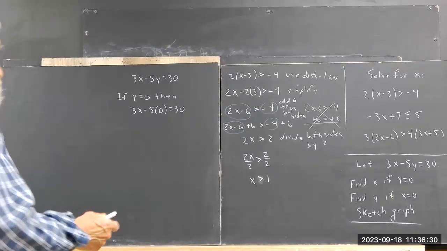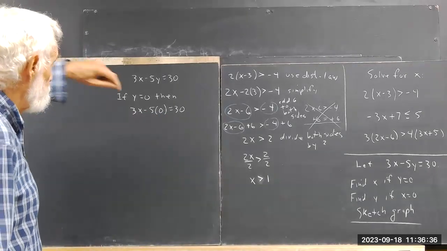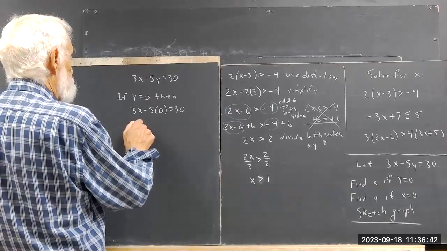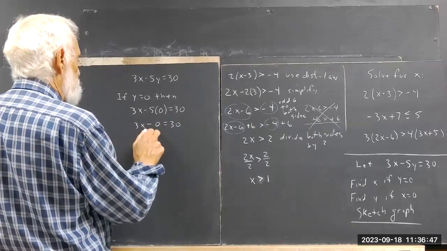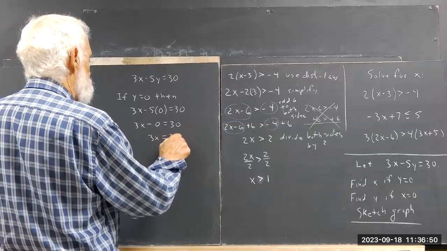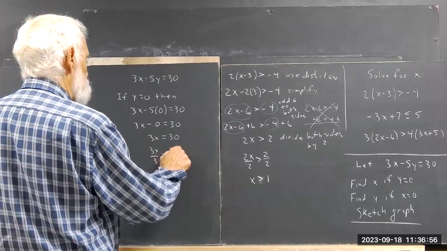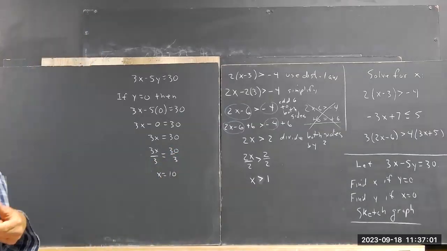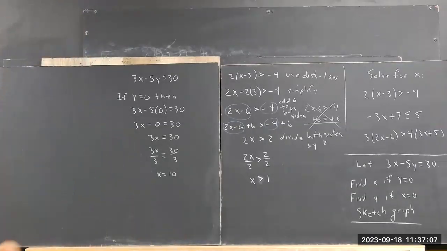Okay. So, well, you should work this out if you're a distant student and viewing this. We have 3x minus 5 times 0 equals 30. What's x? Well, 3x minus 5 times 0 is 3x minus 0. And 3x minus 0 is 3x. And if 3x equals 30, and we get x just by dividing both sides by 3, we get x equals 10. Okay. Now, this tells us something about the graph of this function. So if we're starting to make a graph of